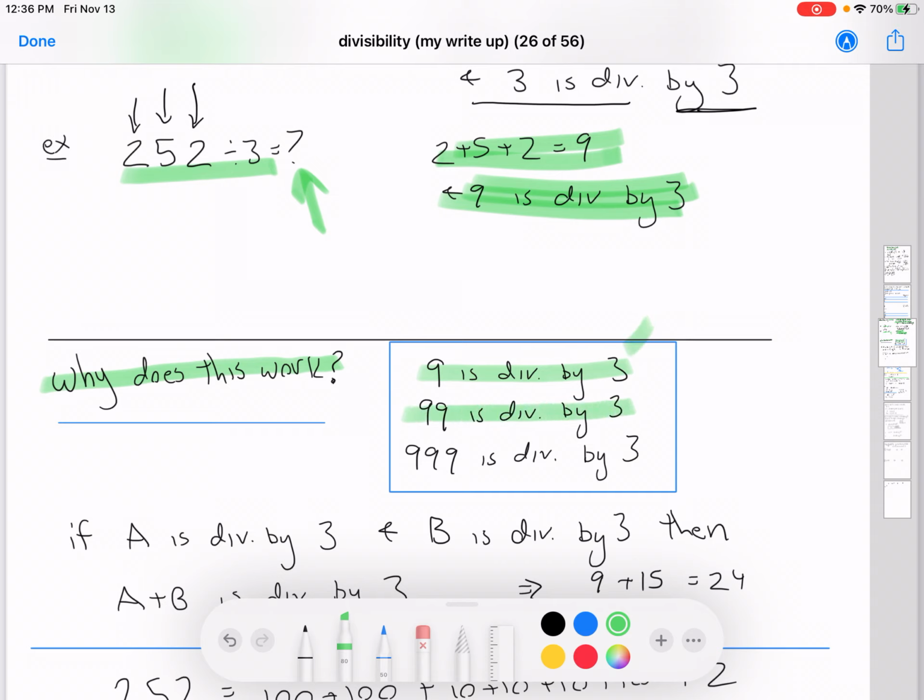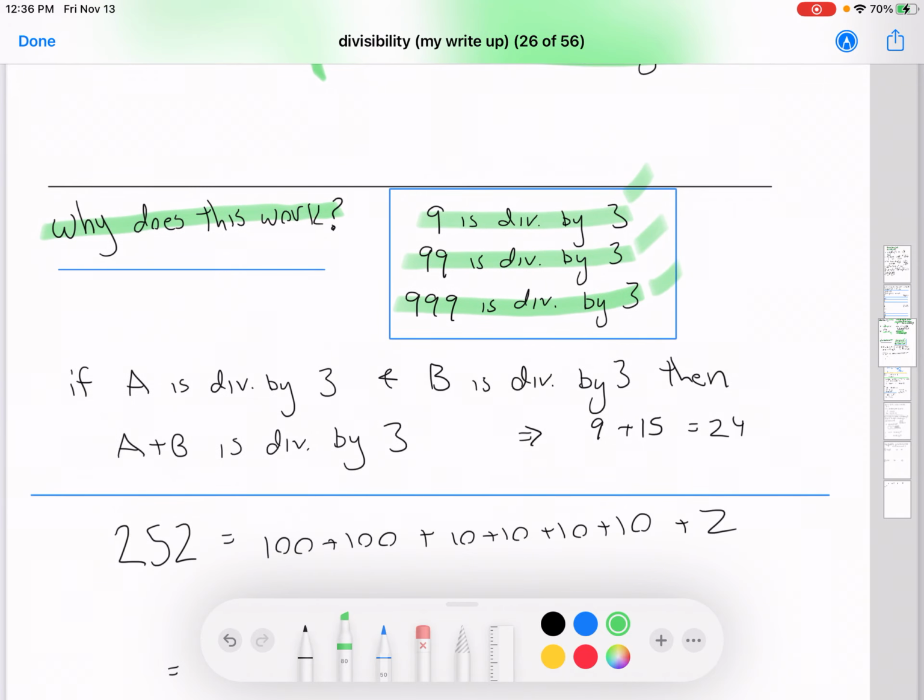3 times 9, 3 times 3, 3 times 33, 999 is divisible by 3. So we use that fact, along with the fact that if A is divisible by 3 and B is divisible by 3, then A plus B is divisible by 3. So, for example, 9 is divisible by 3, it is 3 times 3. And 15 is divisible by 3, that is equal to